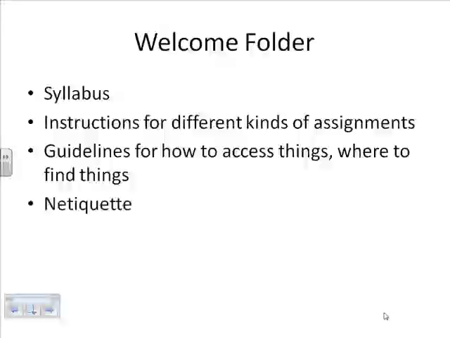And then, of course, there'll be some guidelines on netiquette. This would be etiquette for the net. So we're going to have some guidelines about how to write in discussion threads, how to speak respectfully to one another if you disagree, how not to flame one another or to type all in caps and yell, things like that, about forming a cohesive, cooperative group of students who work together and learn together.